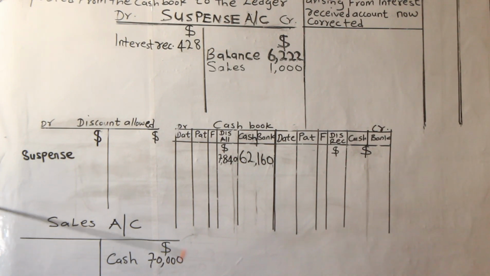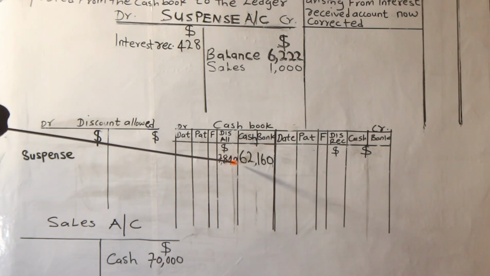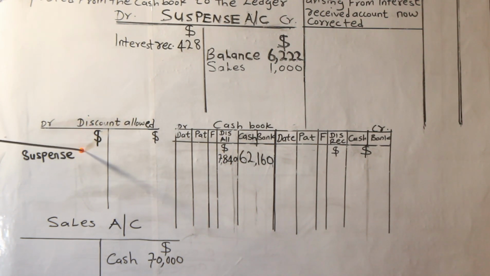But the question is this: what is the implication of the debit side of the discount allowed account not being debited with 7,840? When the debit side of an account is reduced, what it means is that the debit side is now less by 7,840. And remember that I told you that once the debit side of an account is reduced as a result of error, what it means is that the credit side of the trial balance has increased,